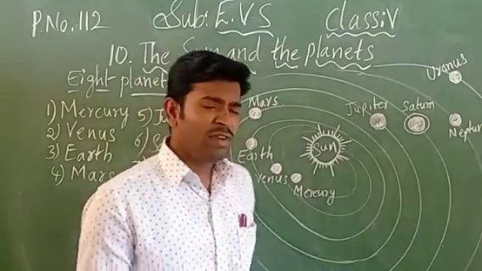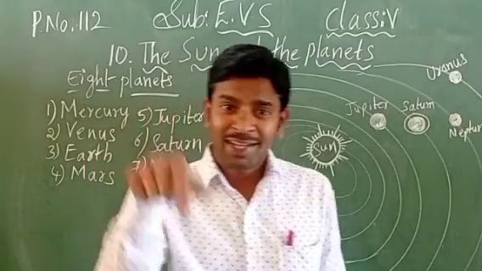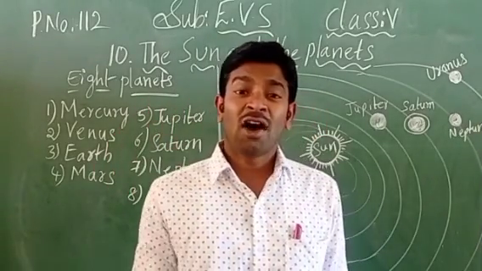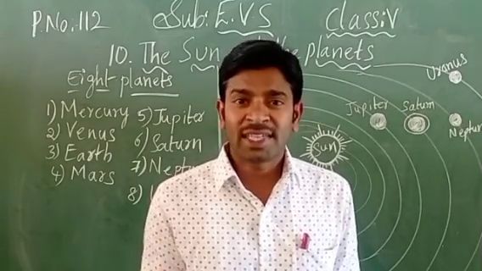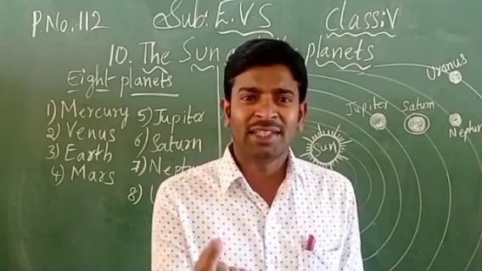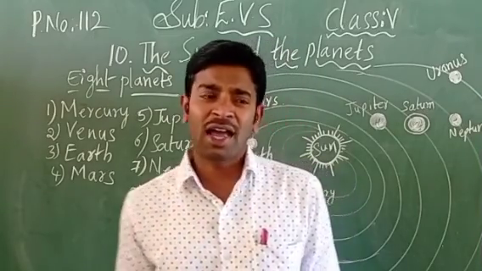That means very near. We are living on what, children? Now you will get the doubts. Hundreds of doubts you will get. On what are we living? We are living on the earth. What is an earth? Earth is one planet. Okay, it is one planet. So on the earth.